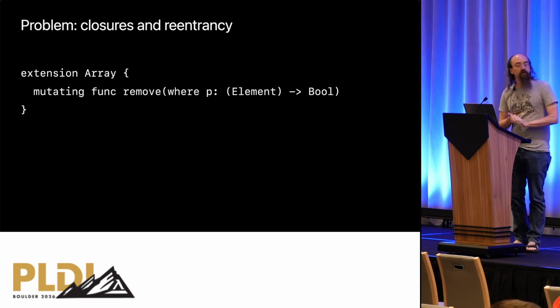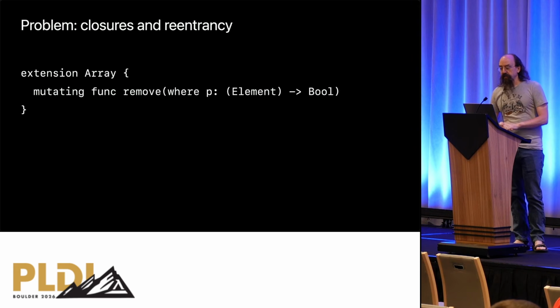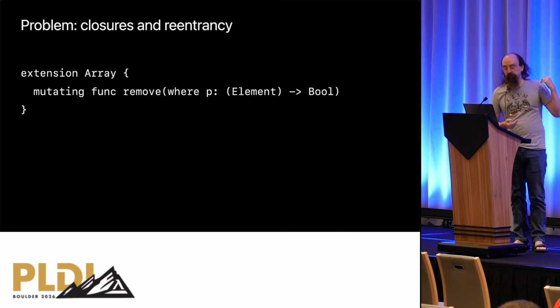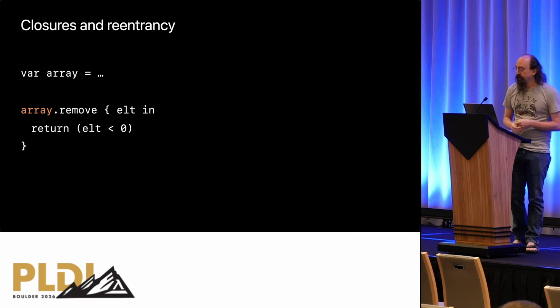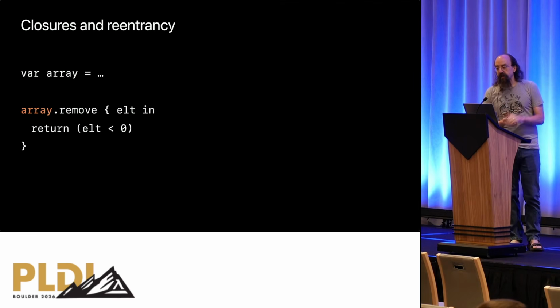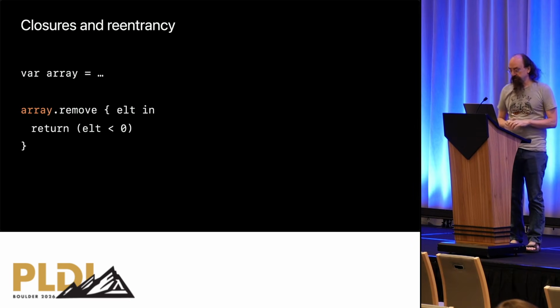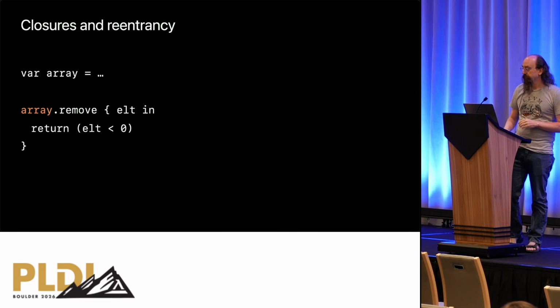Suppose I have a higher order function like this. It takes a mutable reference to an array, as the self parameter of the method, as well as a function value as an explicit argument. I can call that method like this, passing a closure as the function value. And in this simple example, I haven't broken anything about value types. There's nothing wrong here. I've just got a closure and a separate array value.